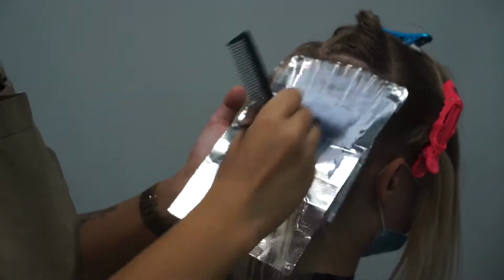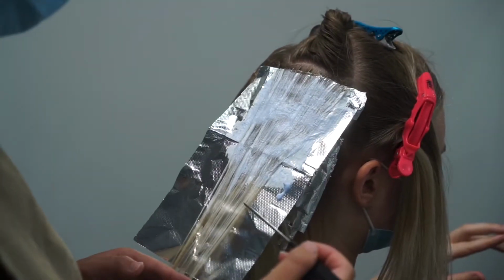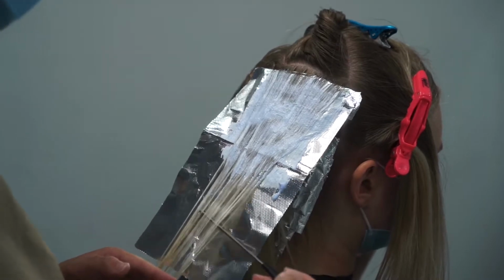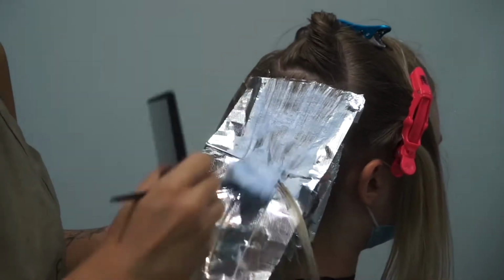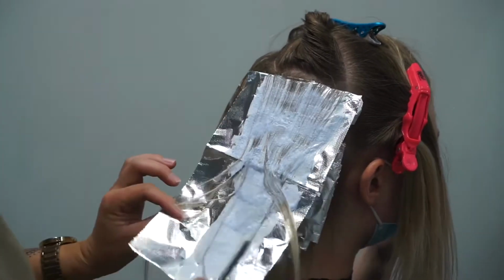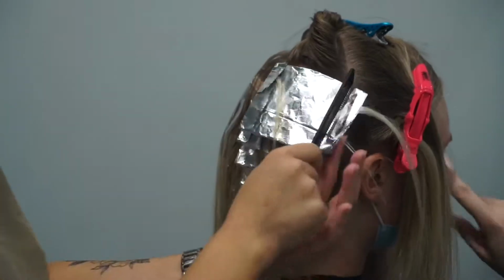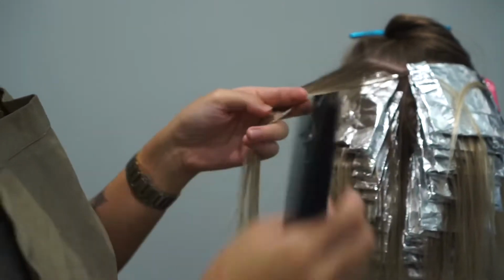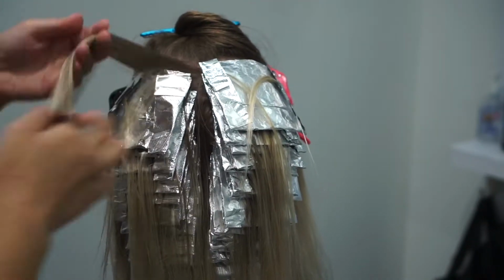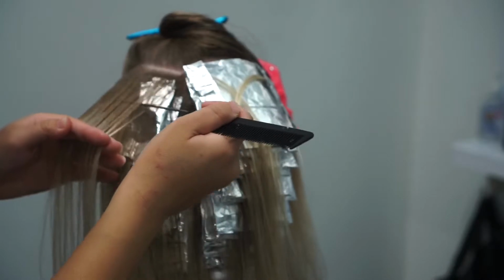Even with 6 vol, so by the time I'm done foiling her, her back and bottom ones are pretty much ready to rinse. So I just like to do it that way so that I'm not wasting time going back and forth to the bowl when some foils are ready, because her hair lifts like a dream. I wish all my clients' hair lifted like this, but she just has beautiful blonde hair that lifts really easily to a level 10, so I like to always just start with a really low developer and work my way